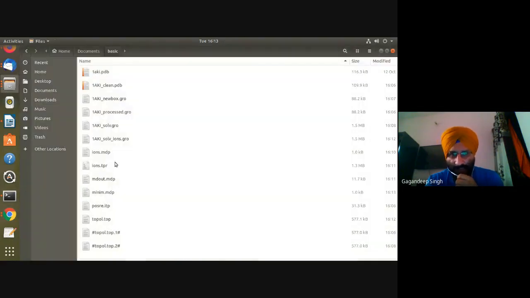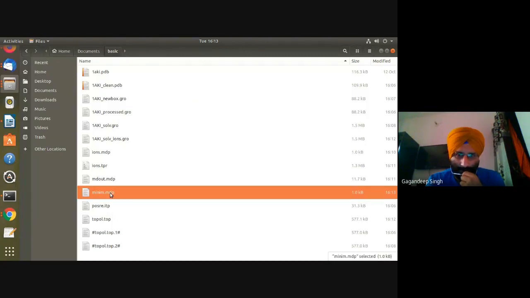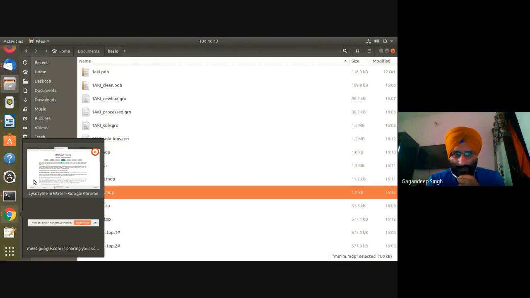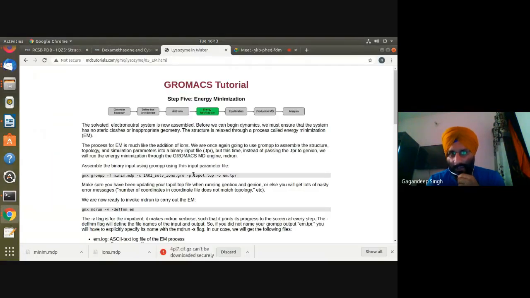Now see, is this file saved or not? Yes, this has been saved. Okay. Basically, we are going to do energy minimization, minim.mdp.